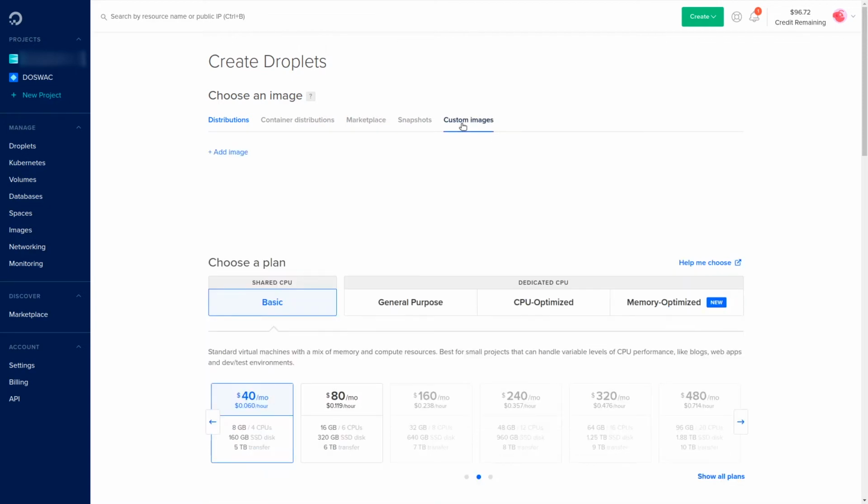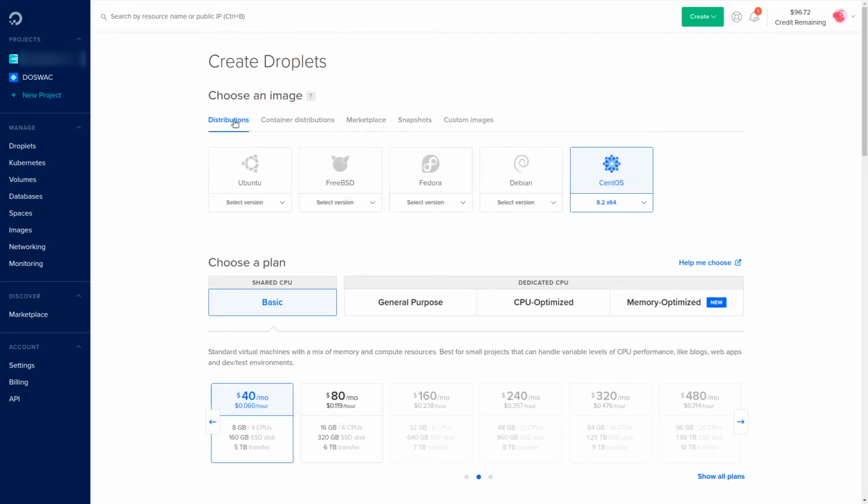Or you can upload any custom image in Custom Images. But I am going to select a clean Ubuntu server. You can also choose the version of your distribution here. I am going to select the latest 20.04 LTS version.